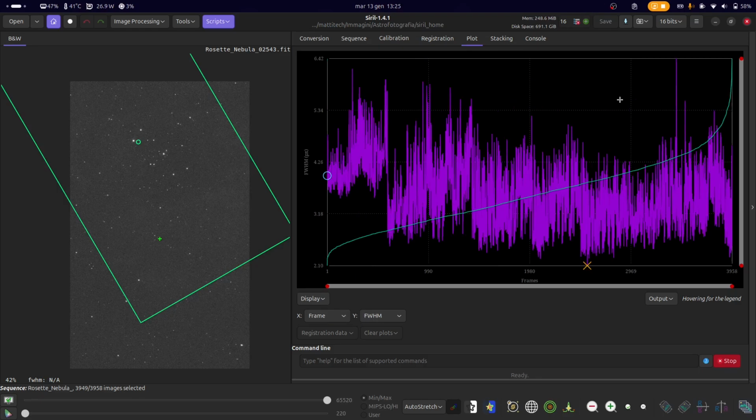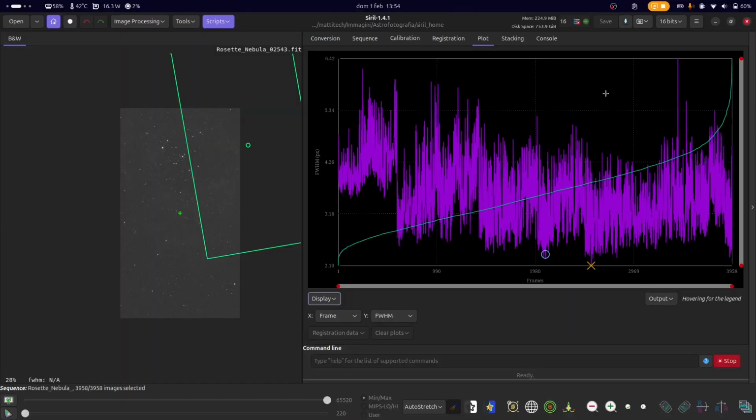So now let's explore the plot tab with each individual parameter. Now we have the FWHM parameter set as the y-axis. We can see that we have frames that go from as little as 2.10 FWHM all the way to 6.42. So this is a pretty big variation, so we have a pretty good number of frames that I deem blurry and that I would reject. If I were aiming for a better sharpness in the image, I'd probably reject anything above 4 pixels in FWHM,